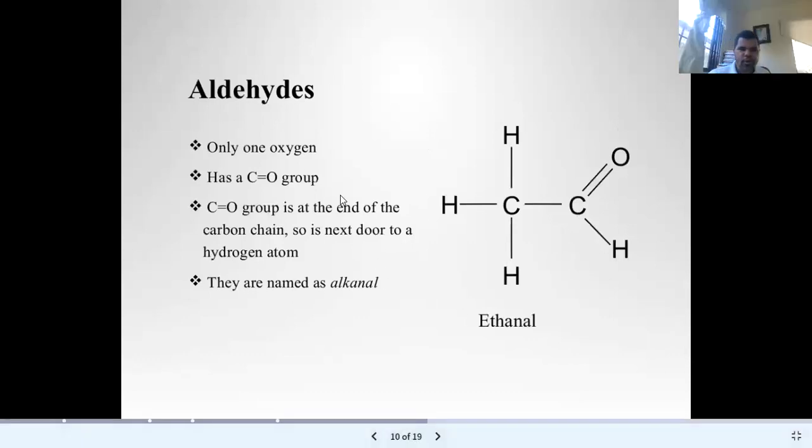Okay, I don't want to go into the different functional groups. I want us to discuss the alcohols for now. But I'm going to stop sharing for a minute and I'm going to show you something. I'm going to share something with you. It's a list of functional groups and I will need you to